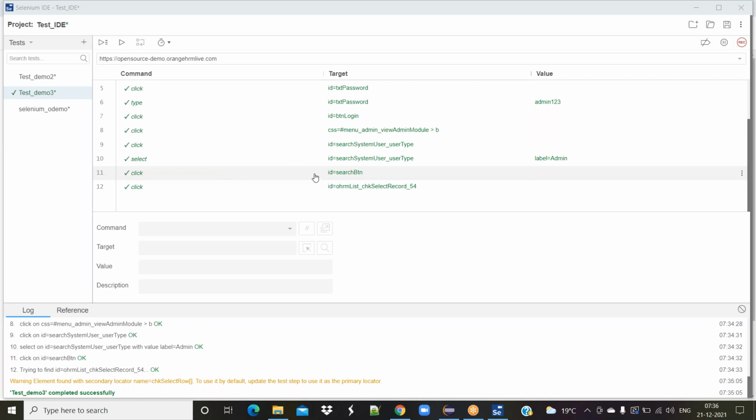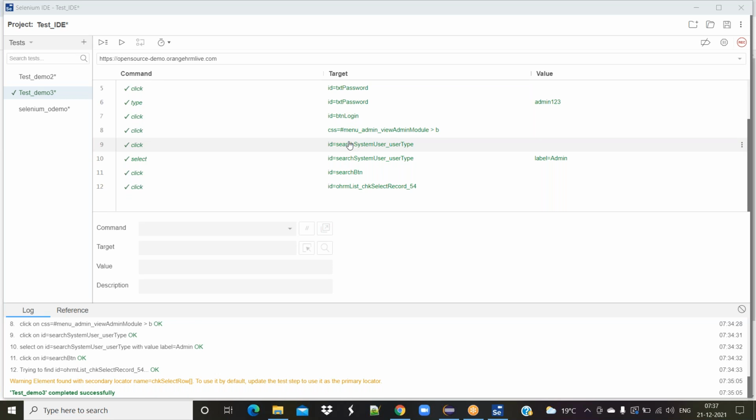By looking into this recording, we came to know the important things. Whenever we ask Selenium to do something, Selenium requires three things. One is a command, which is what type of action Selenium is supposed to do and where it's supposed to do it. And if any value is required, what is that value? Here Selenium created its own script in the Selenium IDE, so all of this is generated by it. We are not doing anything, just clicking on record, run and stop.